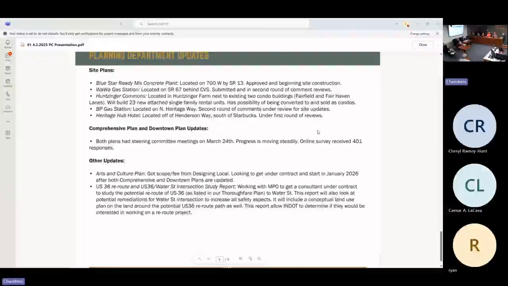They have talked about the possibility of condoizing those at some point, just because that's a condo area. But for now, they'll be single-family attached rental units. And then BP Gas Station, we got a second round of comments under review for them for site updates. So we have a couple more weeks of getting together comments for them before we give those back to have them updated by BP. And then the Heritage Hub Hotel, the Fairfield Inn,